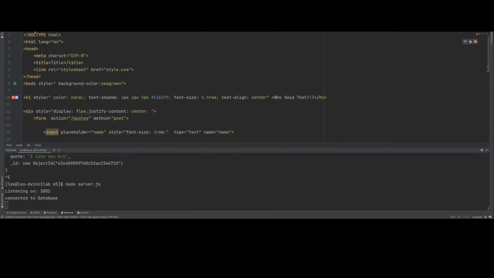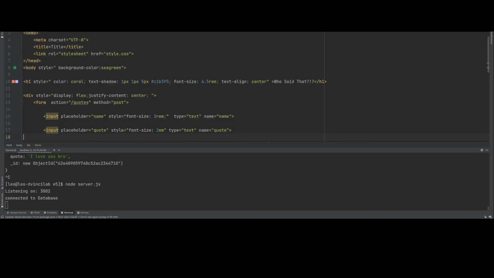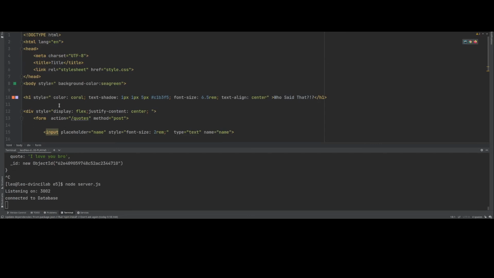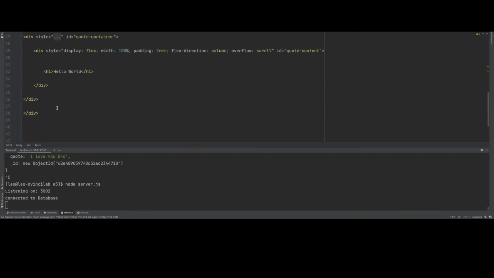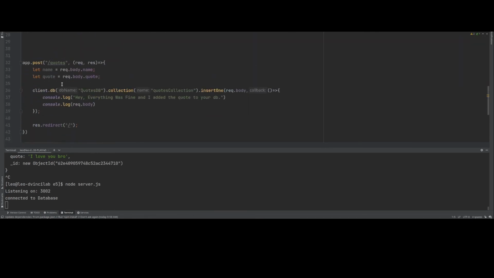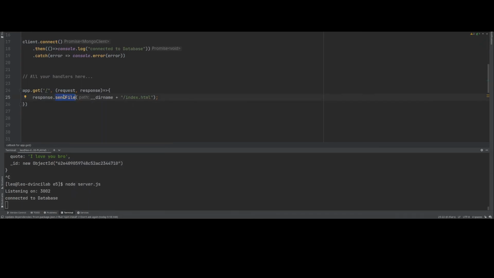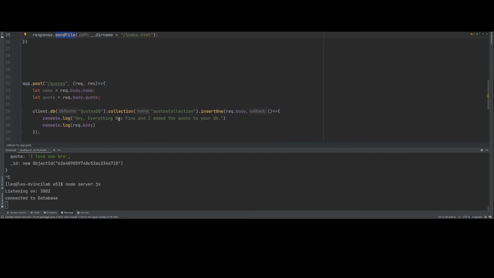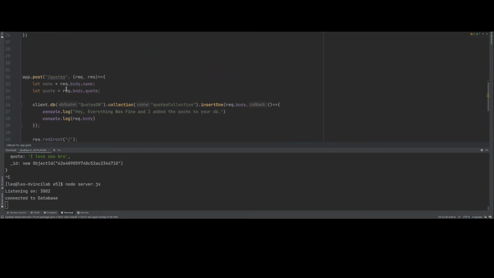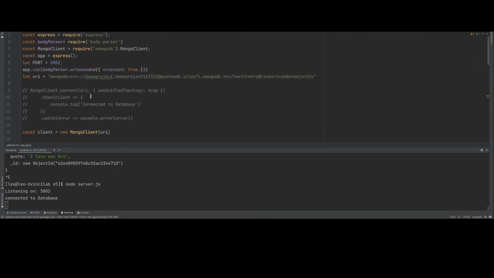So I believe to get the quotes, we gotta go back to the server. We don't need this, I don't need that. Go back to the server, that's index, I need server. So what it gets goes back here. Oh, your handlers. So that's the send. It's gonna enter it when it posts it. It sends it back here. So when it sends it back here, I need to read it from the database. So I already have all my database stuff set up, right? So I can do